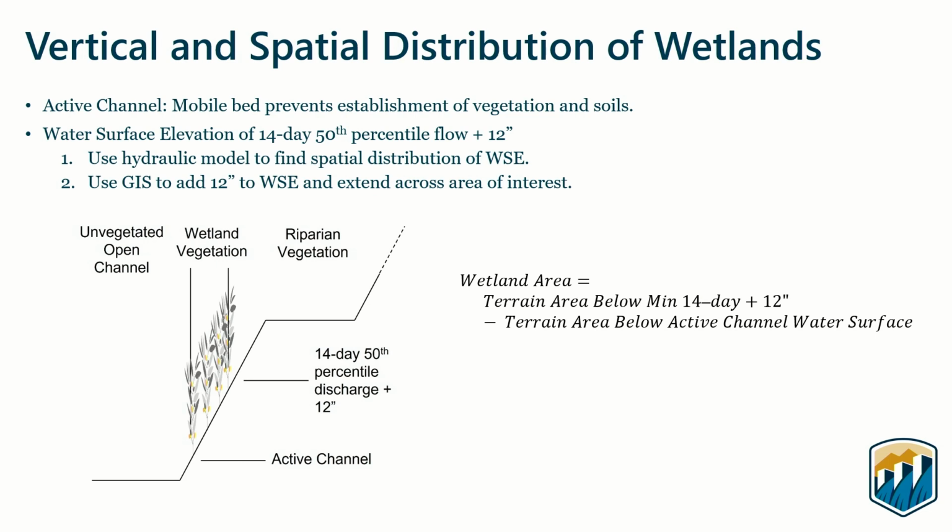You have to add the 12 inches to represent the shallow groundwater that the plants are able to capture. So the wetland area is basically all the terrain area. It's not the water surface, it's actually the terrain below the water surface, right? So what's the terrain area below this minimum 14-day plus 12 inches, and then you subtract the terrain area below that active channel water surface, right? So that would give you